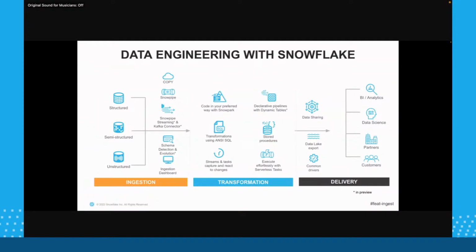So I would like to start with a brief overview of what data engineering in Snowflake looks like. I'm sure people who have been attending this session from the morning would have looked at this slide, or maybe different shades of this particular slide in different contexts. But without discussing this, I think pitching Snowpipe streaming would not be right.